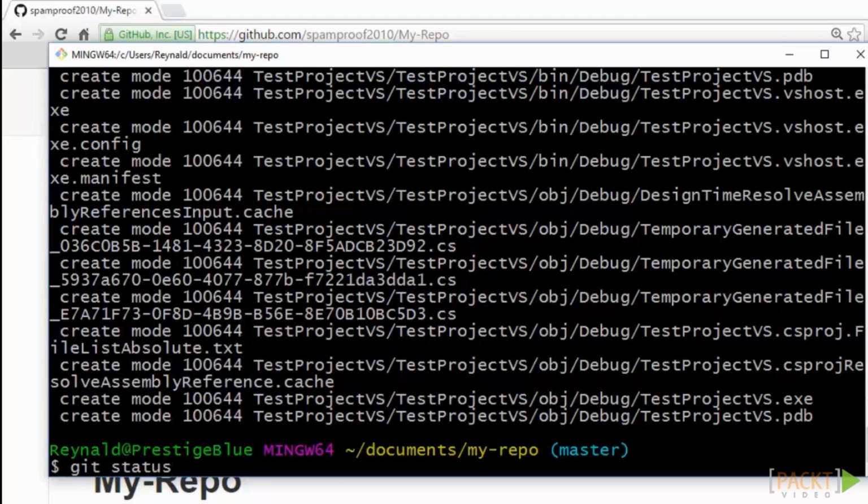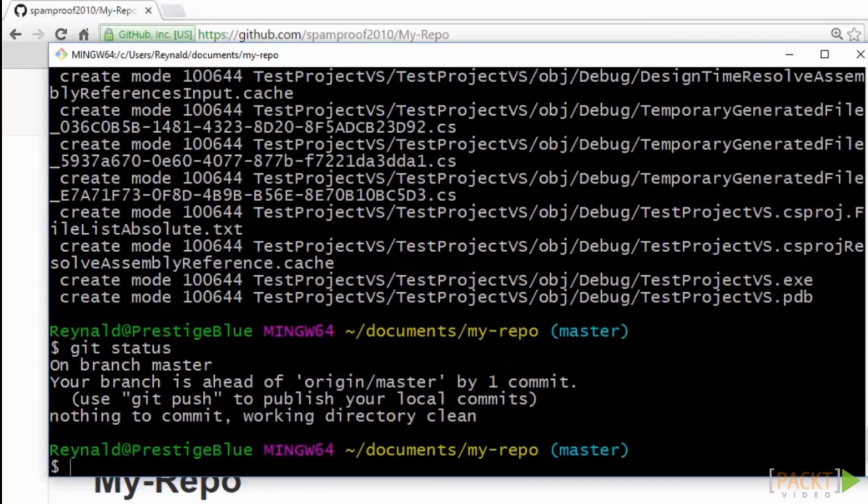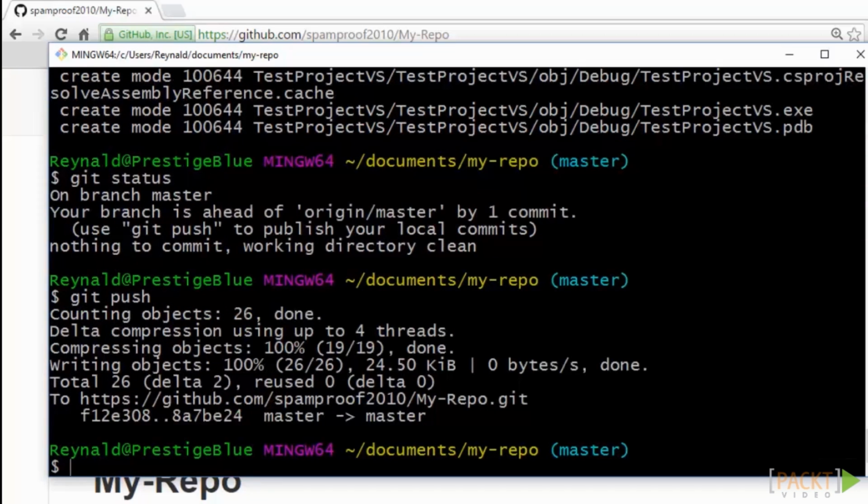Let me type in git status again. Your branch is ahead of origin master by 1 commit. Okay, so it says that it recognized that 1 commit was done, and now to complete that process, it tells me to git push. Right here it says use git push to publish your local commits, and we just committed something. Okay, so let's do as it says, git push, and this pushes everything onto GitHub. So let's go ahead and try that. All right, there you go. Counting objects, did the compression,